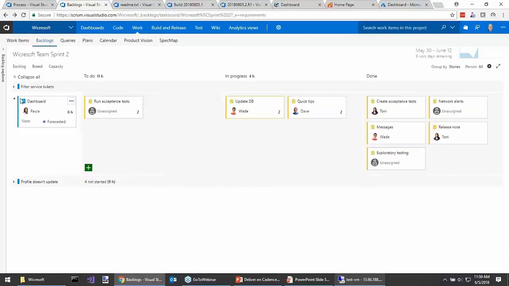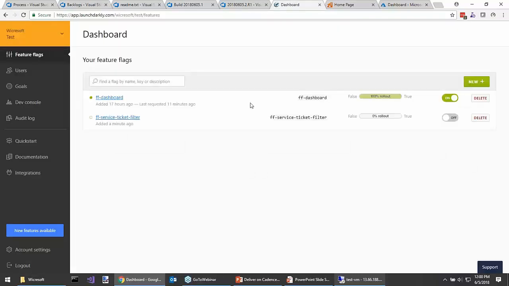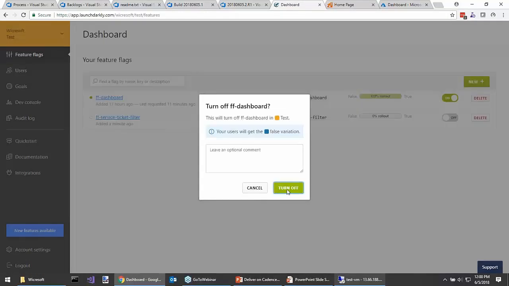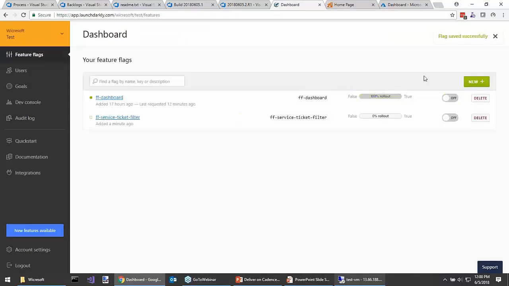To wrap up here, the feature we're working on is this dashboard feature. We want this to be pushed to production but be flagged off, because we're not sure if we're going to get done. Man, the sprint's over tomorrow. We've still got some work to do. Rather than work in a branch as a safety net, if we don't get done, I say have some courage, assume we will get done, but have a feature flag here. So I can go into the feature flag, the dashboard. I can turn it off globally, or I could turn it off for individuals or for different plans. There's all different ways you can set that up.